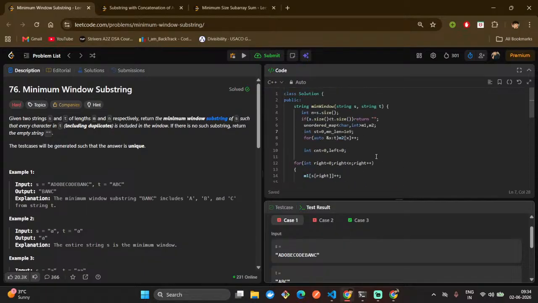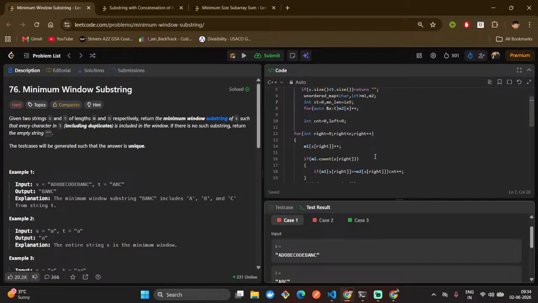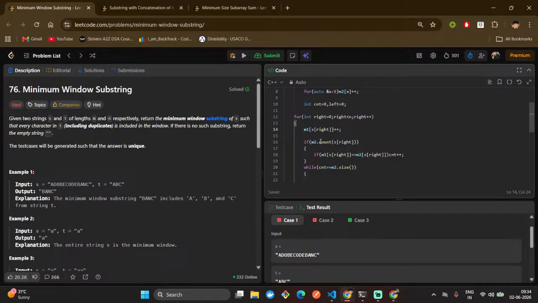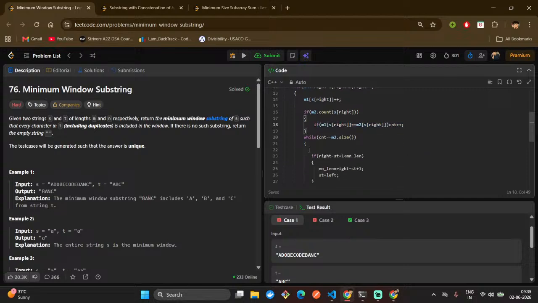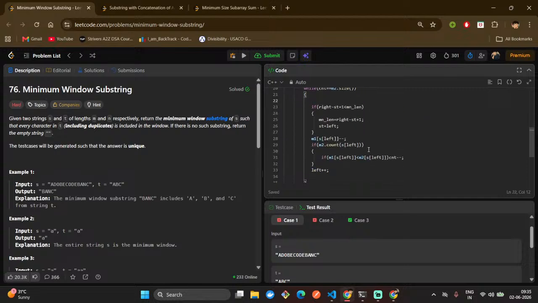Start should be 0, right there plus 1, m1 plus 1, m2 count as 2, right? So now we have to increase cnt plus plus. Now we have to increase the cnt. We are decreasing the s2 dot left minus if count and if the m2 dot left